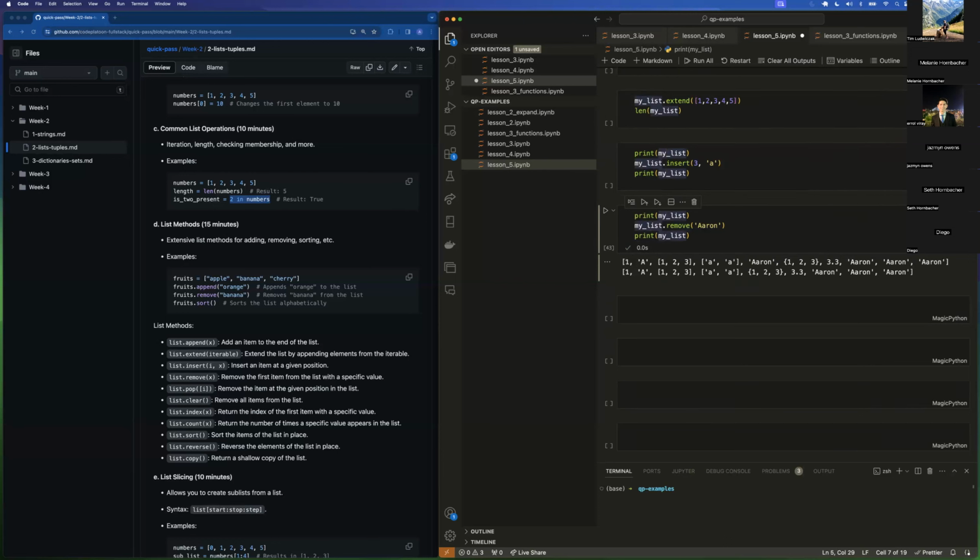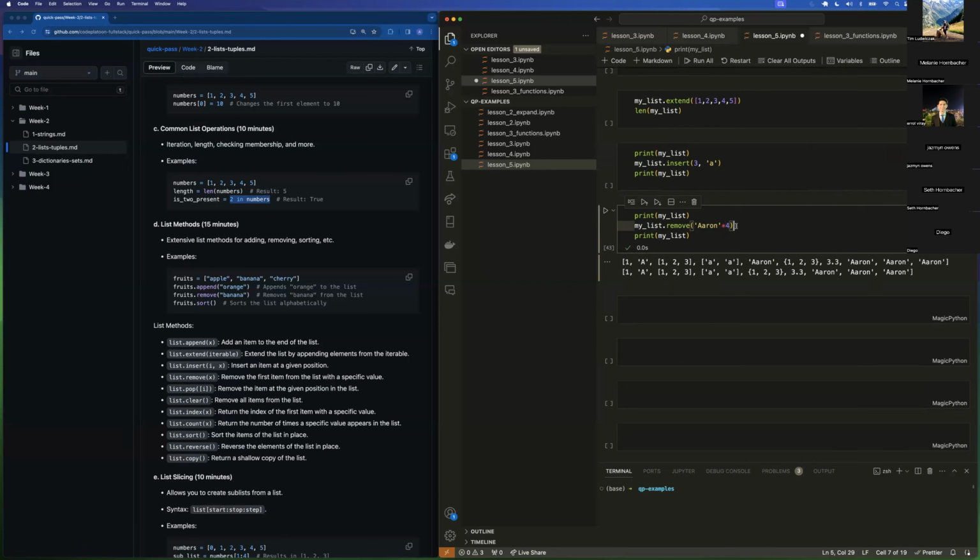Any questions on that? Yeah, so the question, Aaron, would we be able to maybe multiply Aaron by 4 so that it can remove it 4 times? I don't think so, because if I did that here, it would still be one argument. But when you do this right here,